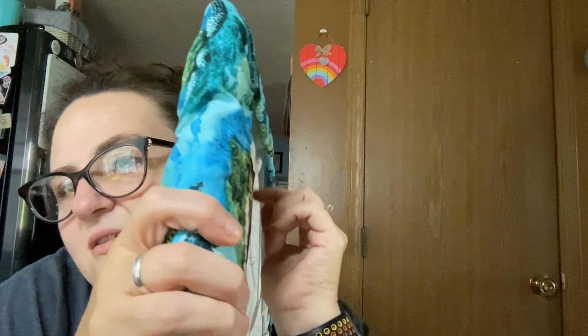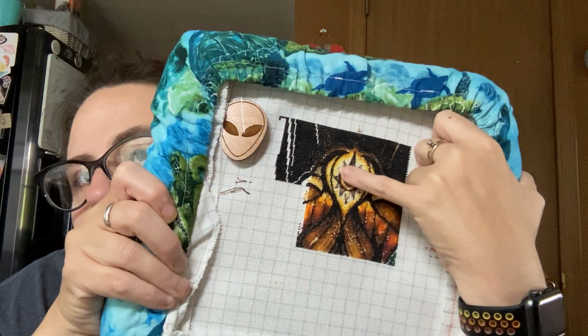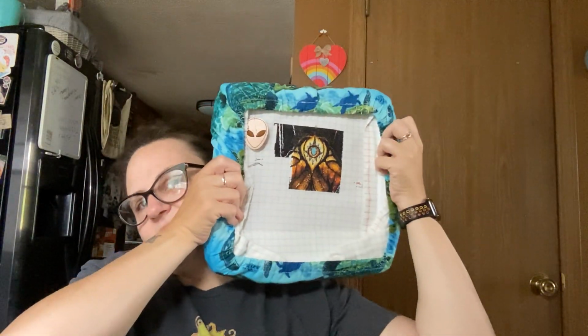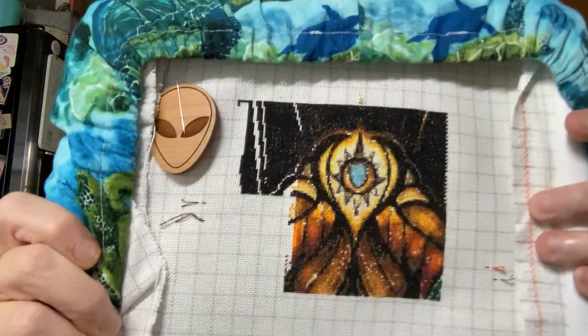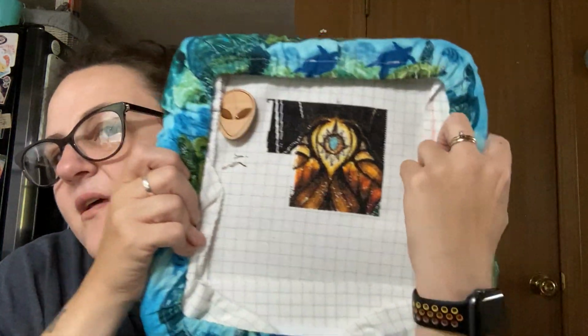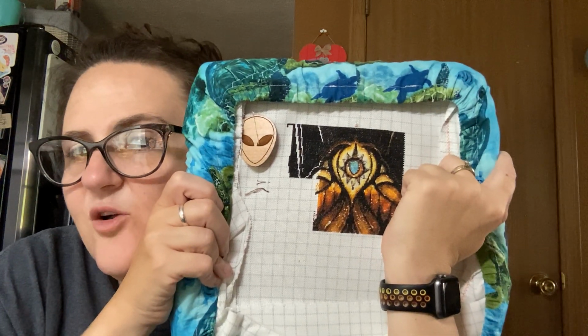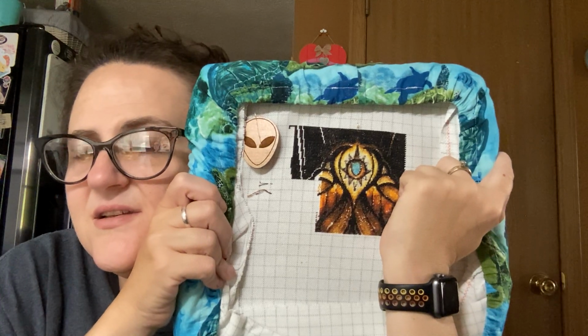I mean, you can't tell how bulgy that is. From a distance, it's gorgeous. Up close is gorgeous too. I mean, the black, obviously, you can see more through it up close. I don't care. It's DMC, so I'll wash it when I'm done, and hopefully it'll floof up if I'm ever done with it. It's just